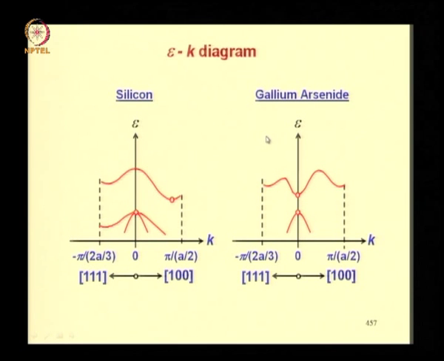For gallium arsenide, the E-k diagram is different from silicon in that the bottom of the conduction band is right above the top of the valence band. So this is a direct band gap semiconductor, whereas here an electron jumping from conduction to valence band will undergo a change in energy as well as momentum, and therefore the more likely transition is that the electron jumps into an intermediate level first and then jumps into the valence band. So it makes an indirect transition, that is more likely, therefore this is called an indirect band gap semiconductor. Here however the electron in the conduction band can jump directly into the valence band.